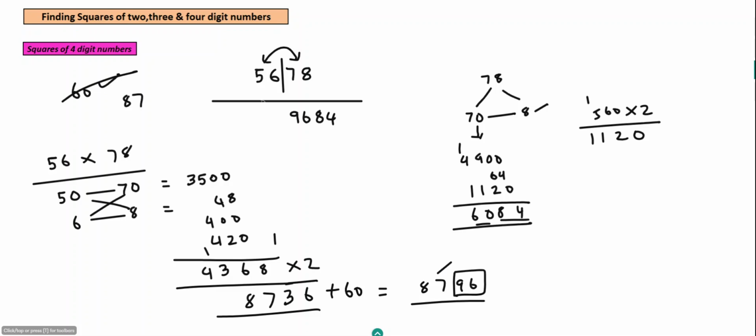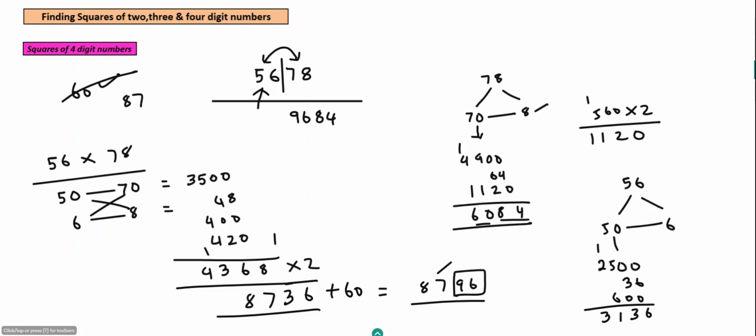And finally, we have to find the square of 56 and add with this carry 87. So we will use our usual method to find the square of 56. So we can write this as 50 and 6. The square of 50 is 2500. The square of 6 is 36. And then multiply these two, that will be 300. Double it, that will be 600. So it's coming as